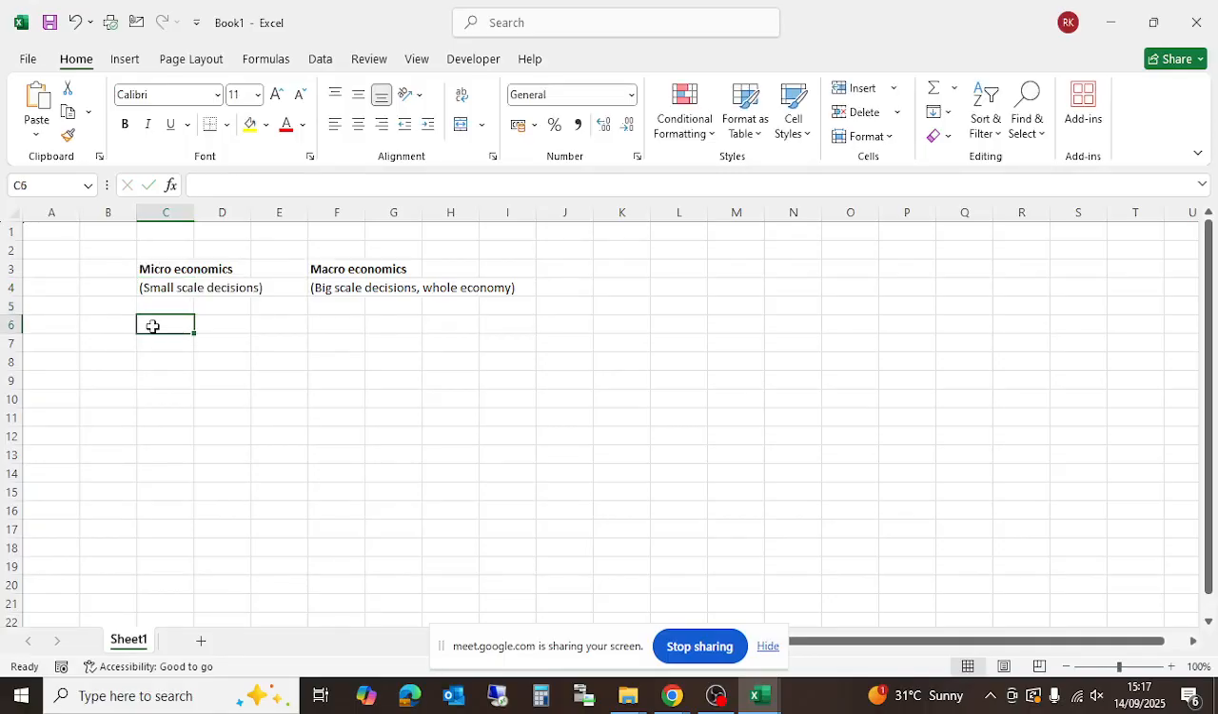So this particular one focuses on individual businesses. By individual businesses, we are talking about maybe sole traders. It focuses on individual businesses, industries,